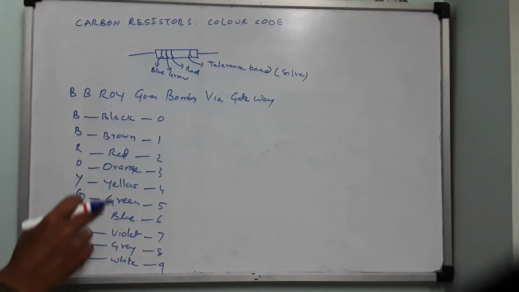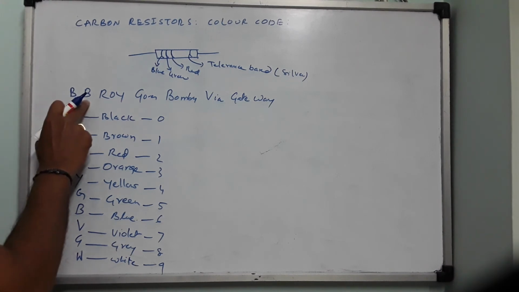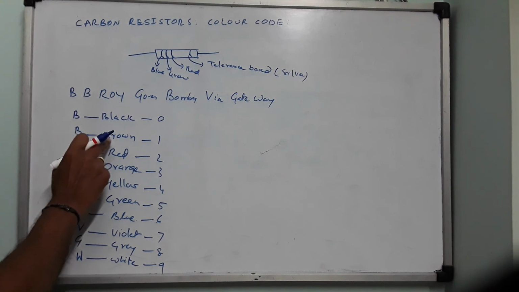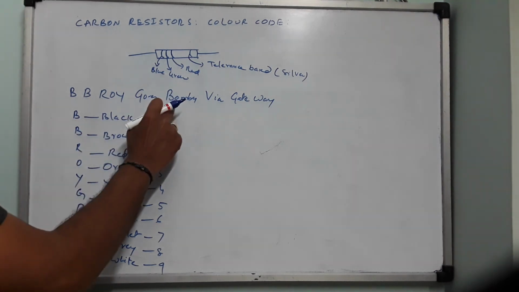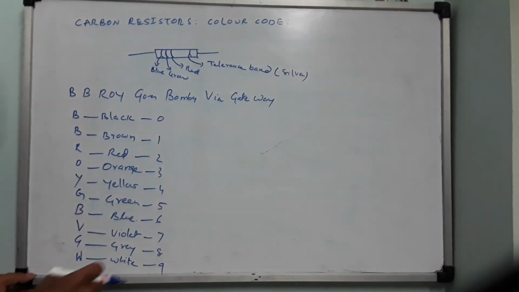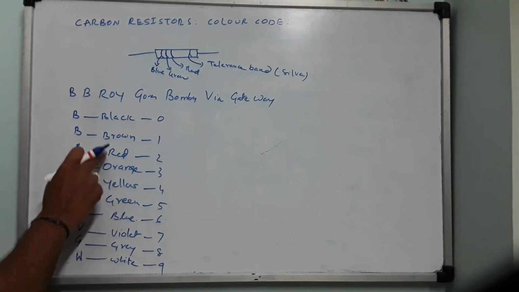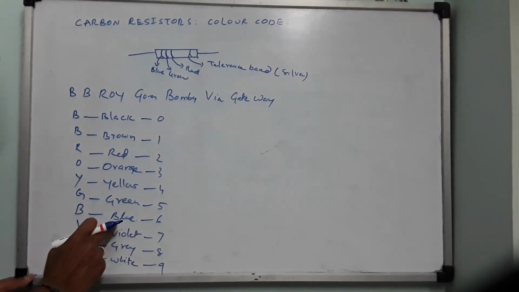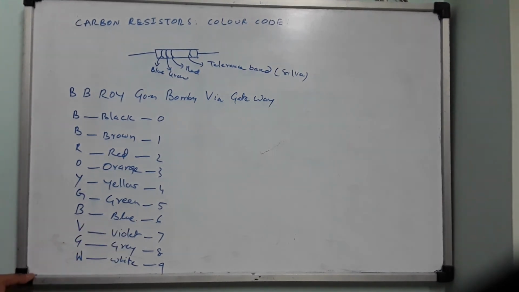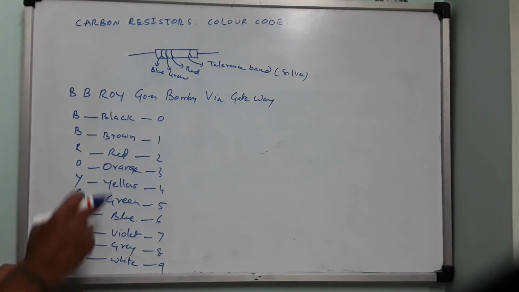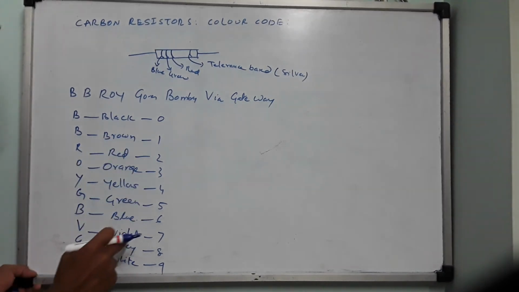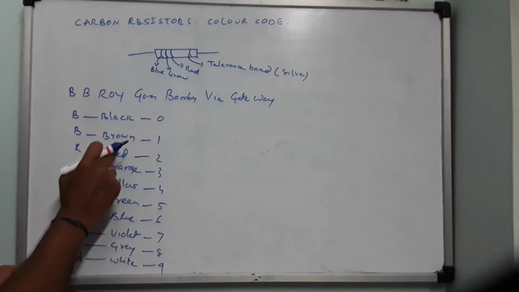Fine. So which B is black and which B is brown? The first one is black automatically. So the second one should be what? Followed by brown. And here is another B, whether it is brown first or blue first. Brown is spelled as B-R-O-W-N. Blue is spelled as B-L-U-E. Okay. So once you confirm this, after L it is R and this W and this U, you see.